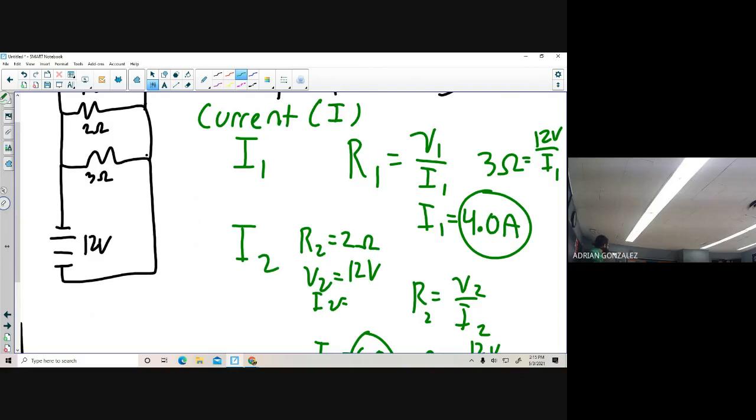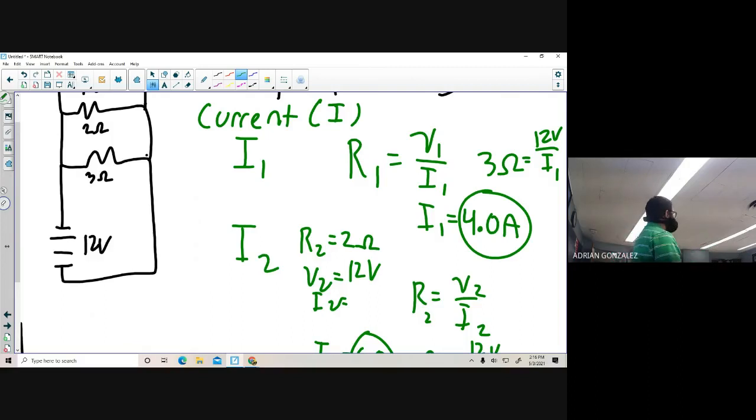getting pulled out of the battery? Not volts. What's the total current getting pulled out? If the top resistor is pulling 6 amps and the first resistor is pulling 4 amps, how many total amps are getting pulled out of the battery? 10. How did you figure that out? What incredibly complicated mathematical process did you do? Addition. So you figured out the total current by adding the current pulled from one branch and the current pulled